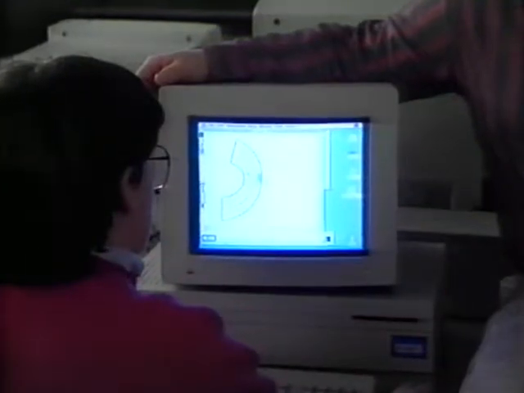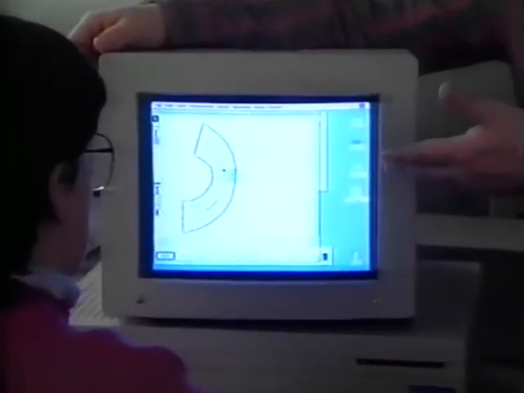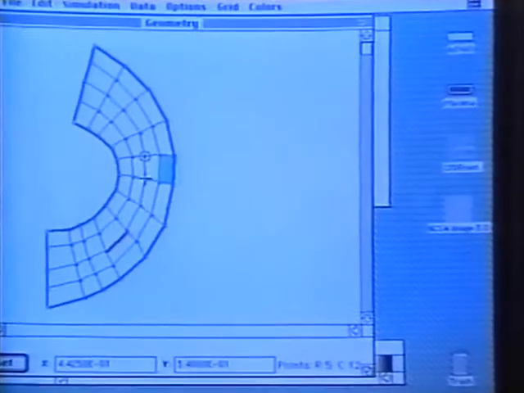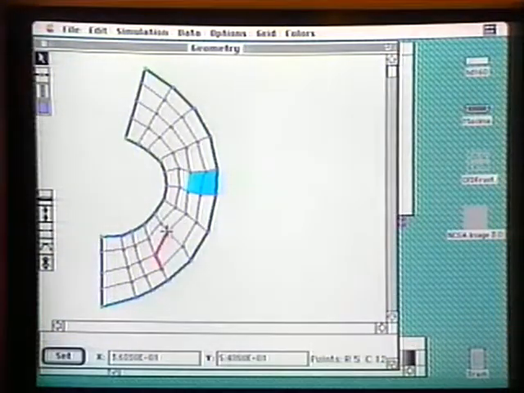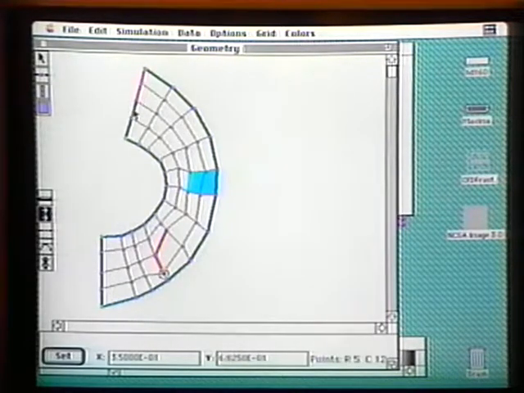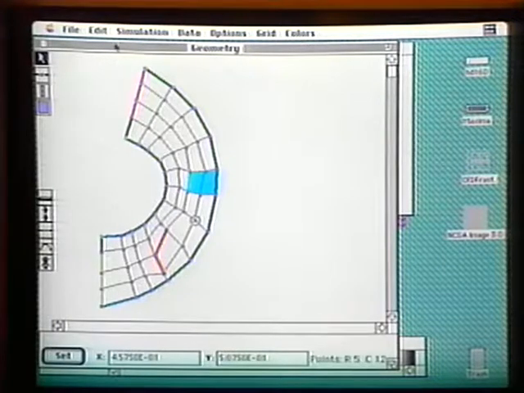Kim Stevenson has been working on this project, and we can see here Kim setting up the initial conditions for a simulation that she's going to run on the Cray. This particular geometry or input deck for the simulation program is very close to being set up now. We can see that there are some obstacles inside of the geometry that are going to have some effect on the flow of fluids through this geometry. She's just defined the areas where the fluids will be coming in and going out, and I think at this point she is almost ready to run the remote simulation.